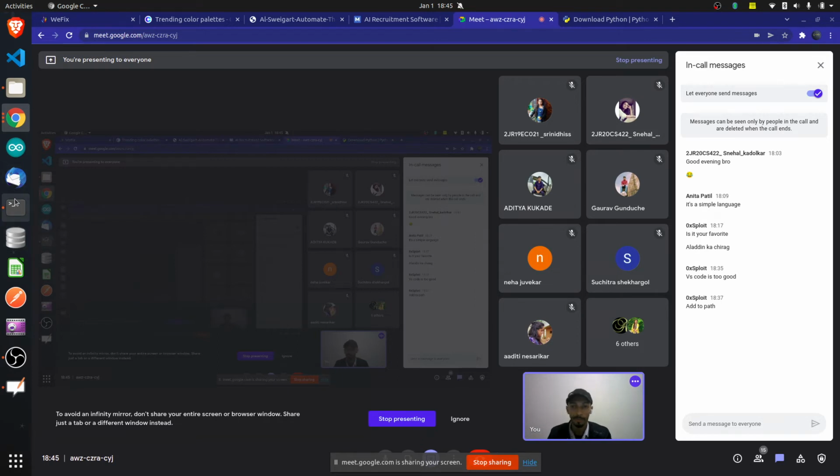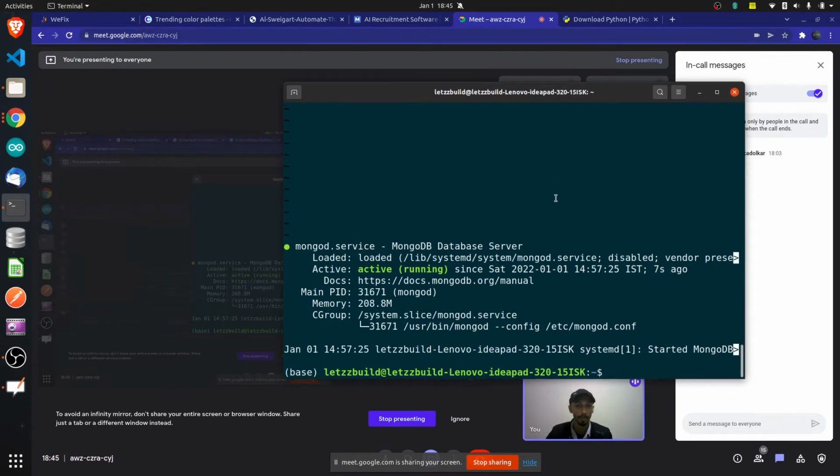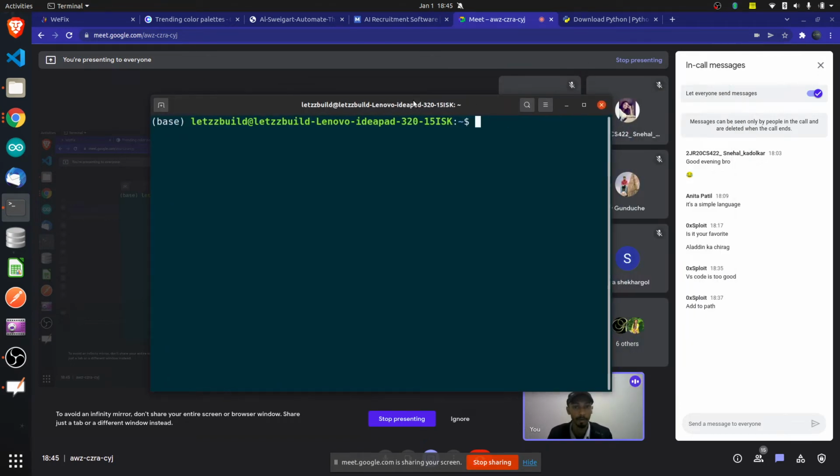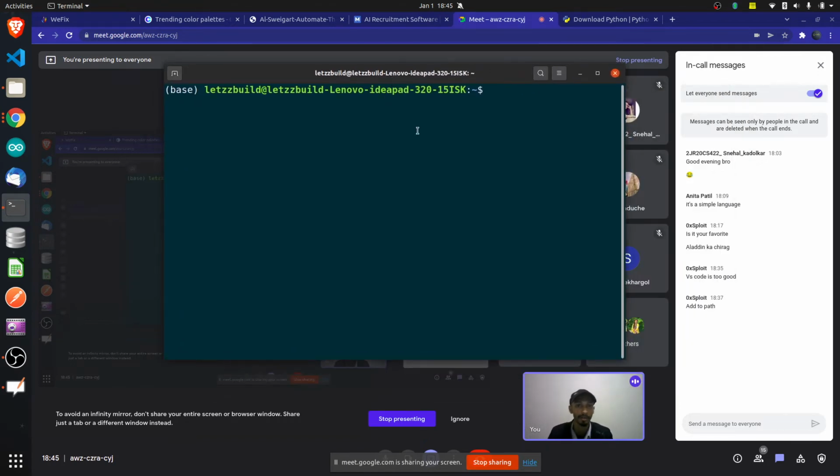We don't know how to write a Python program yet, so I'll be writing some program, and you don't have to worry because you don't know how to write it. You just have to see how to run it. That's it. The way to run it is basically I'm opening a terminal. So this is my terminal. On your Windows also you will get such a screen, it might be a black colored box. You can just type terminal there and you will get this one.